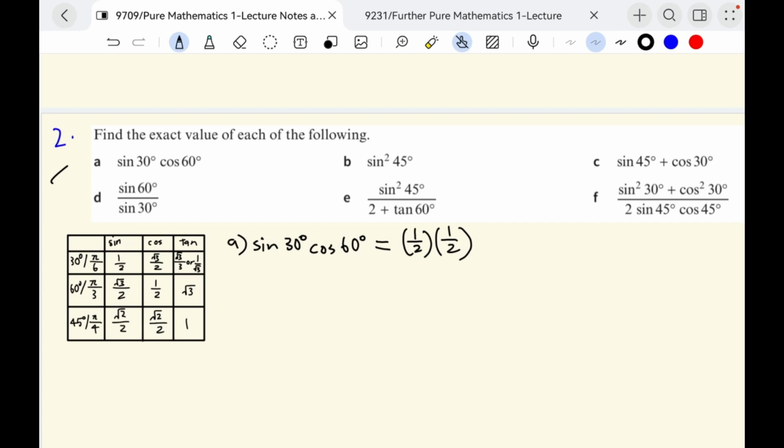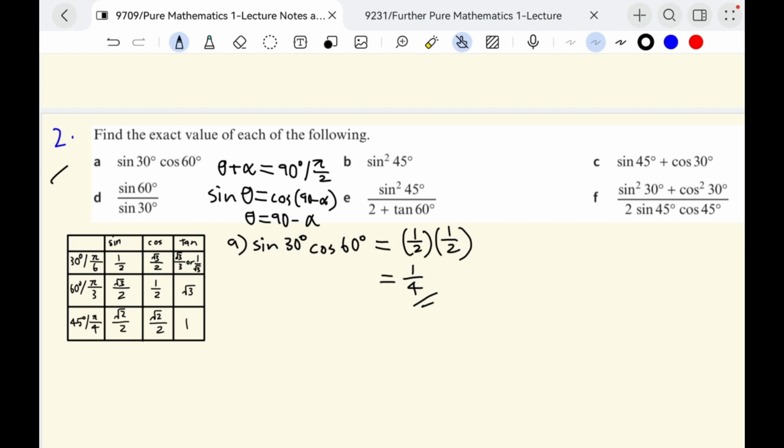Alright? So as we know that sine theta equals cos of 90 degrees minus alpha, where theta equals 90 minus alpha. So therefore, theta and alpha are both complementary angles that add up to 90 degrees, or pi over 2. So yeah, the answer for A is 1/4, which is